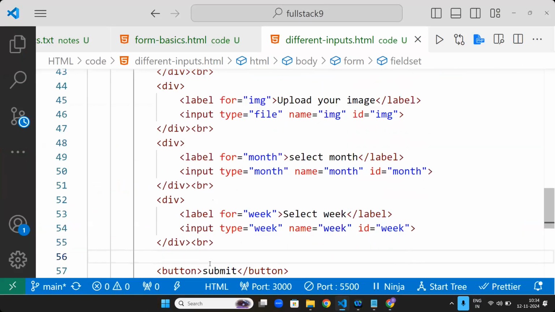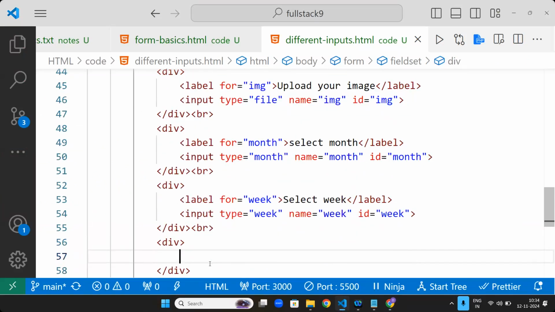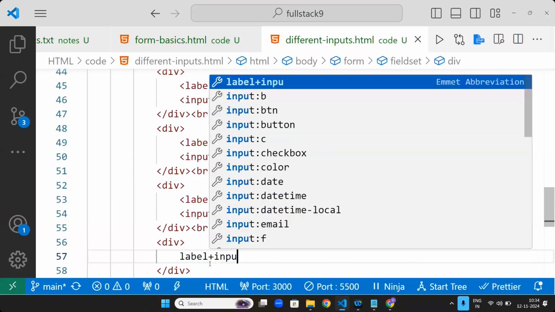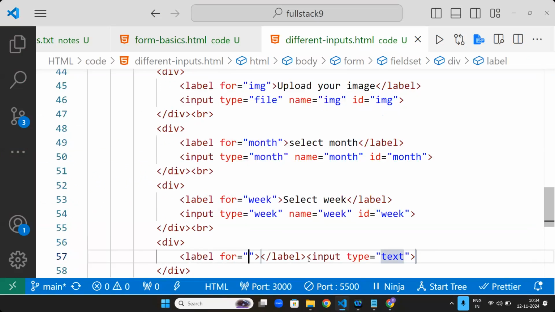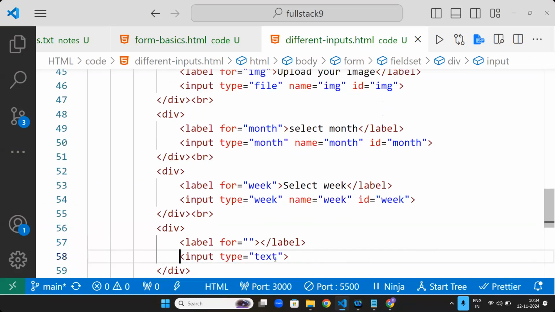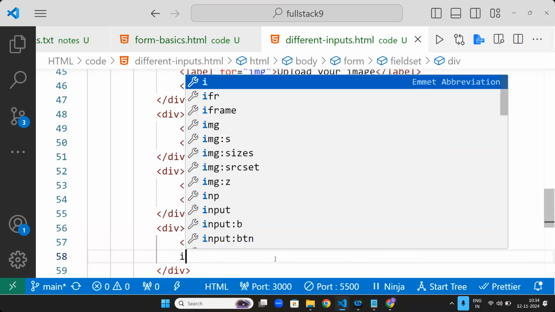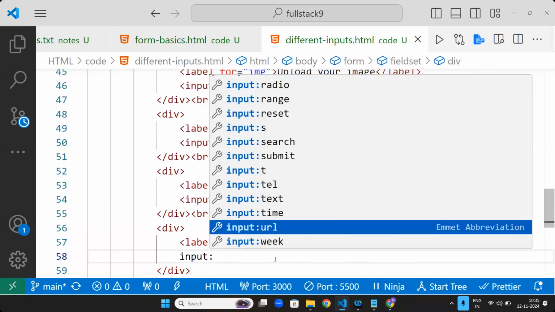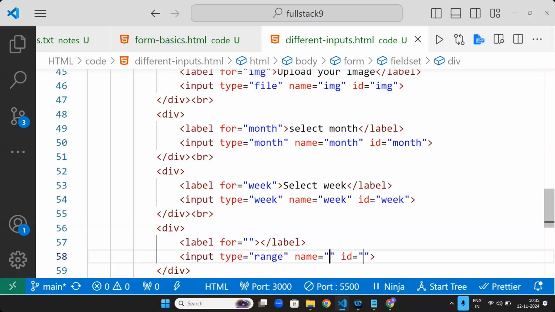Or div, this time label plus input. This time what we can do, week, month, week, or range. Select range.